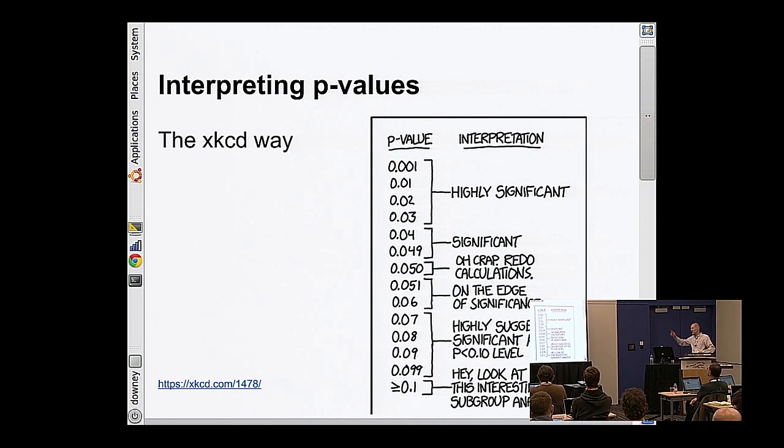Okay, so as I said, this is XKCD making fun of the way scientists kind of work. One of the things that is dangerous is what's called the researcher degrees of freedom, which is that you, as the designer of experiments, have the ability to tweak things. And if it turns out that you are here on the edge of significance, sometimes you can run a slightly different version of your experiment, a different model or a different test statistic, and get it over the line to 4%. Yay, declare victory.